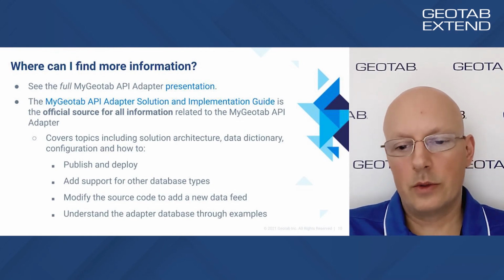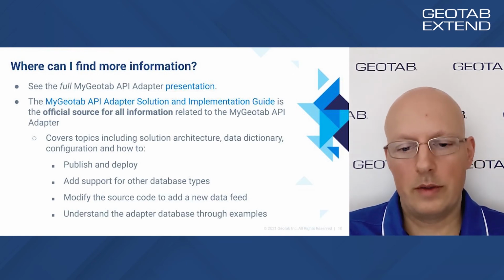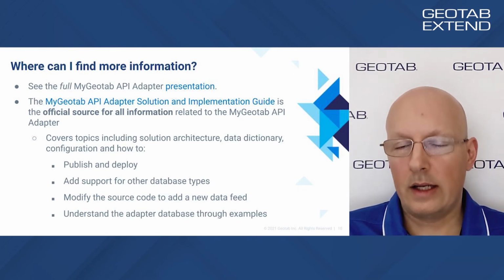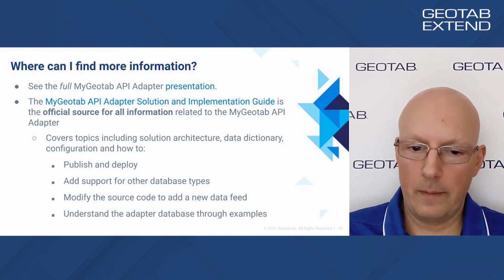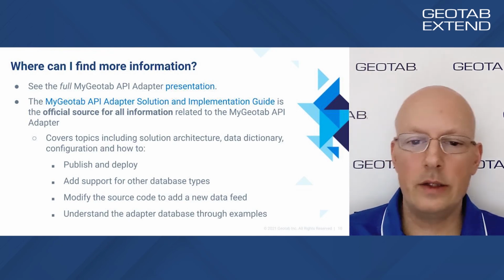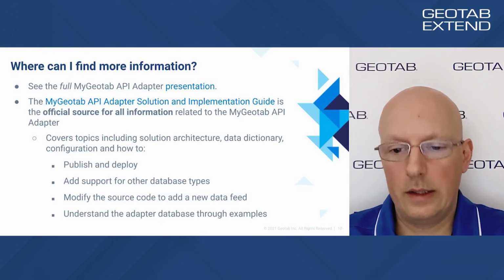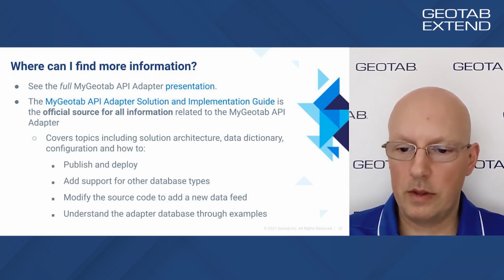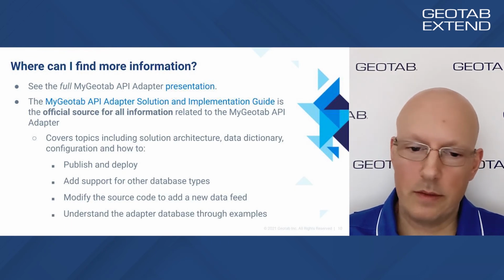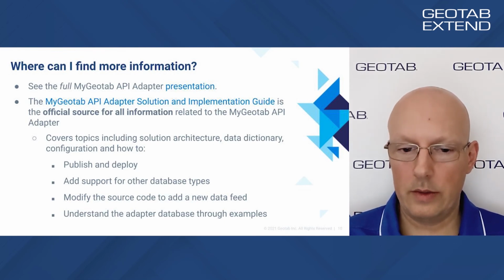Now, in terms of content of the document, we won't actually go through the document now, but there's a solution architecture which will show you how it's set up, similar to the diagram we saw here, but then there's an expanded version as well with some more detail. Most importantly is the data dictionary section that's included there. So what you're going to be doing essentially is pulling data from a Geotab database into this database that's going to reside in your environment, and then you're going to build an integration off of that. So the data dictionary is going to be critical in understanding which tables are there, the data types, the various fields, etc. And so everyone's going to be able to make good use of that.